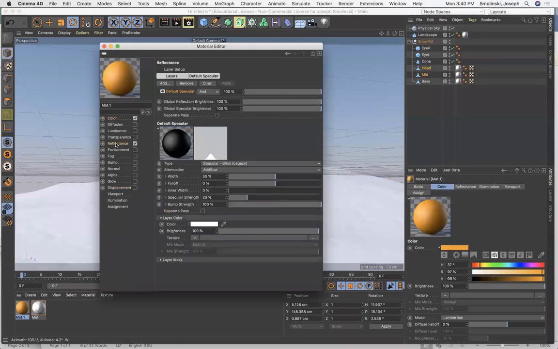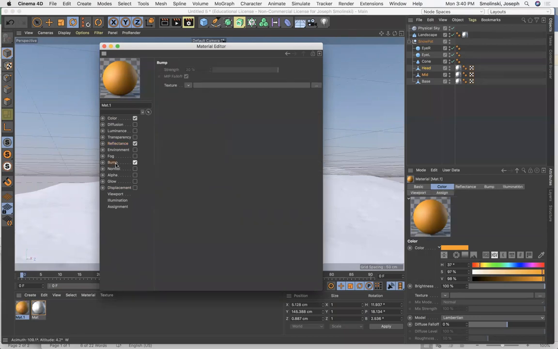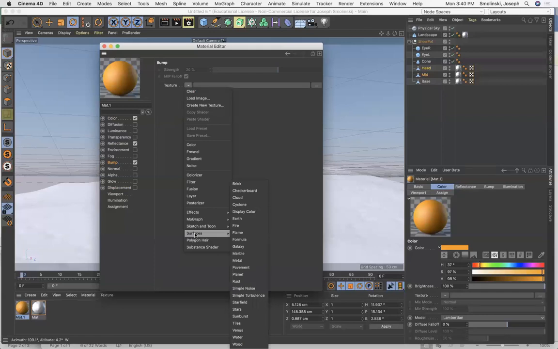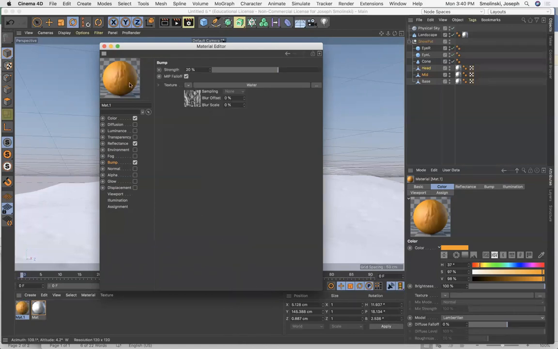Reflectance is fine. It doesn't need to be reflective. We want some bump though. So I'm gonna click on bump. And here I'm gonna choose something different. I'm actually gonna do a surface. So instead of noise right here that we normally do, I'm gonna go down to surfaces. I'm gonna try water, okay? I like this surface. That does not look like a carrot yet, but what I want to do here is